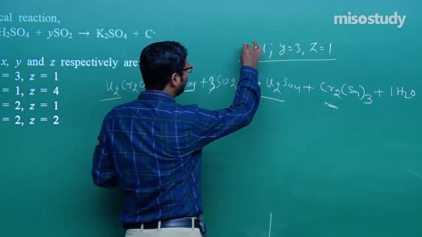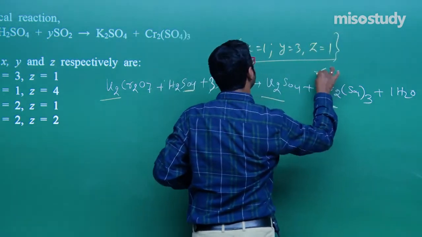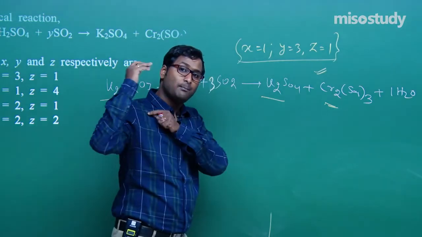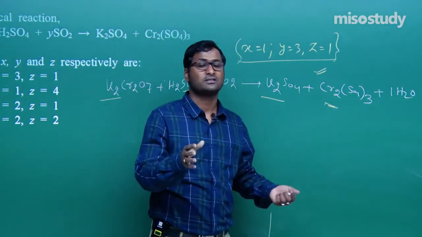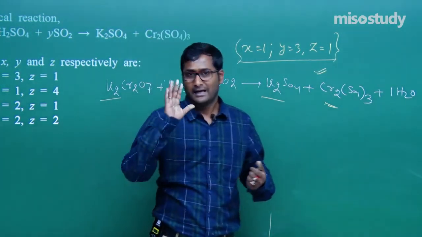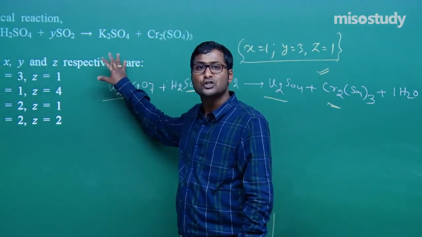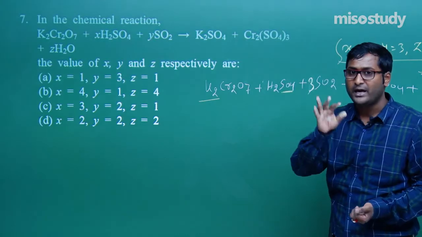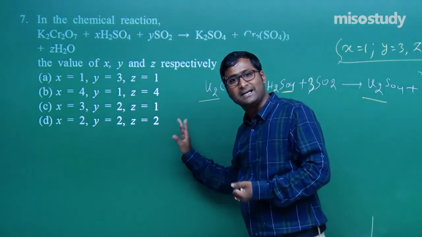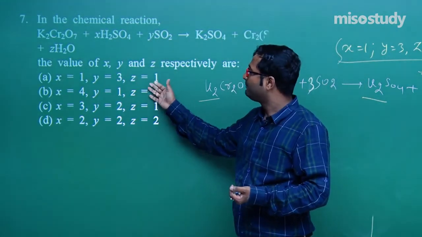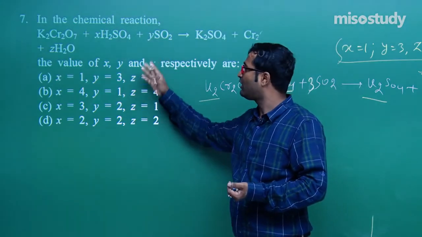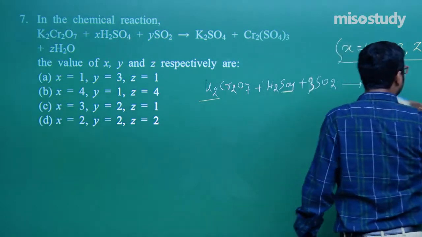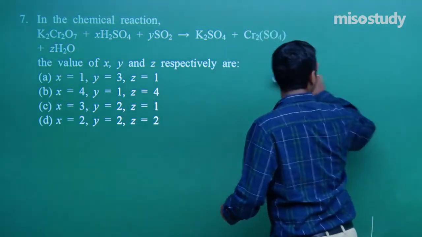So by using the hit and trial method with the options, you can easily get the answer. This is the best method. Otherwise we have to follow the longer techniques, that is the ion electron method and the oxidation number method. Clear to you? Again I am repeating, this is a question similar to a JEE Main 2018 question. The best way to solve such a question is the hit and trial method. By putting the option in the question, you can get the answer easily. Okay friend, now I am going to rub this part and we'll discuss the next question.